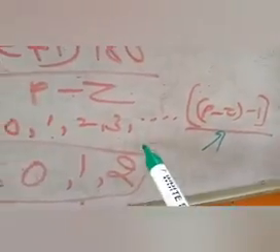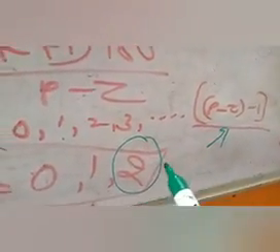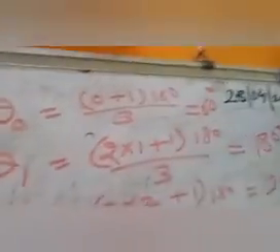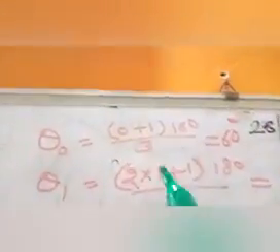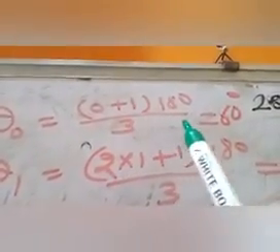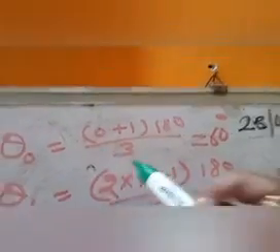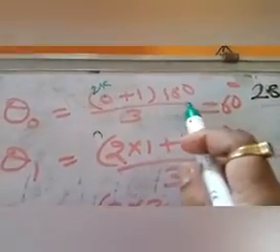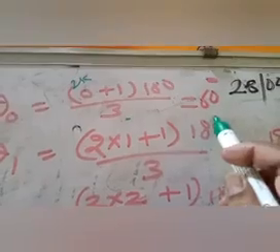So first write down the 2 and write down the numbers in descending order. So 2, 1, 0. So what is the value of k? The value of k is very important. First determine the value of k. So the value of k is equal to 0, 1, 2. So first determine theta 0. Theta 0 is equal to (0 plus 1) into 180, with 2k where k is equal to 0, divided by 3, which is equal to 60 degrees.